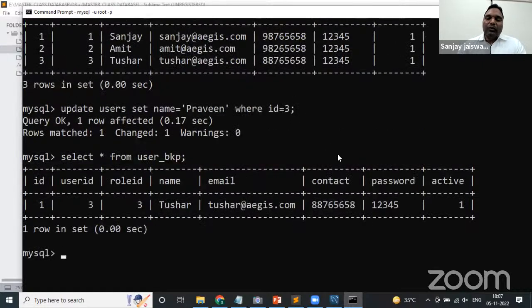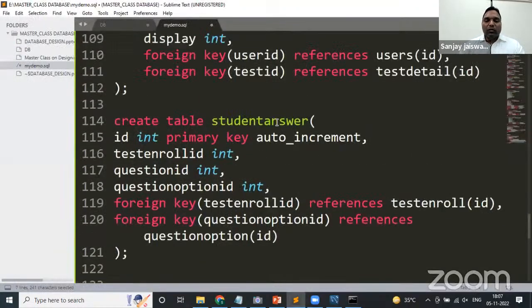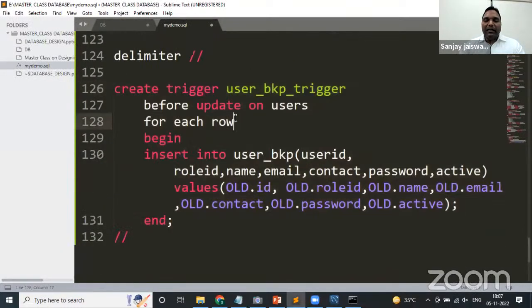So what does a trigger do? When we create a trigger, it can be on insert, update, and delete. So what we have done, we have created a trigger on update, on the users table, but it can be before as well as after. So what is a before trigger? What is an after trigger? What is for each row? What is a statement level trigger? Okay, this will be done in another future masterclass session when we will be covering more advanced topics of your